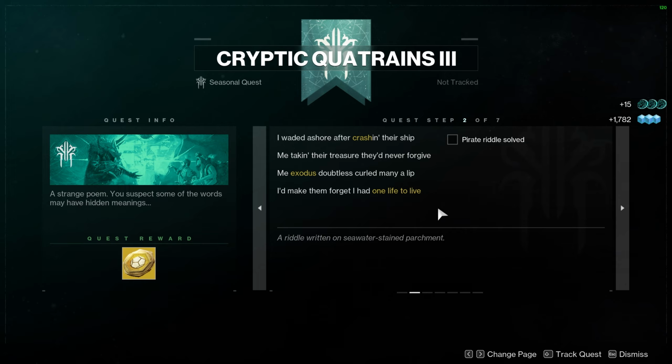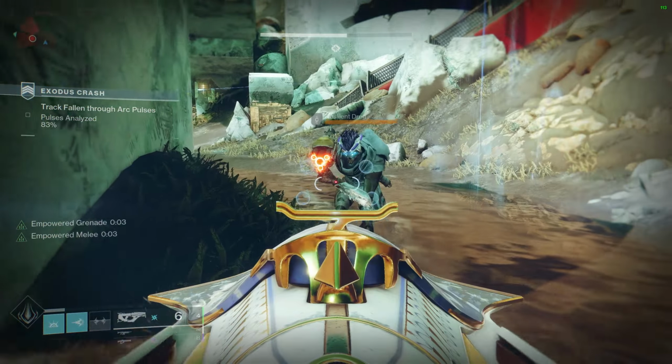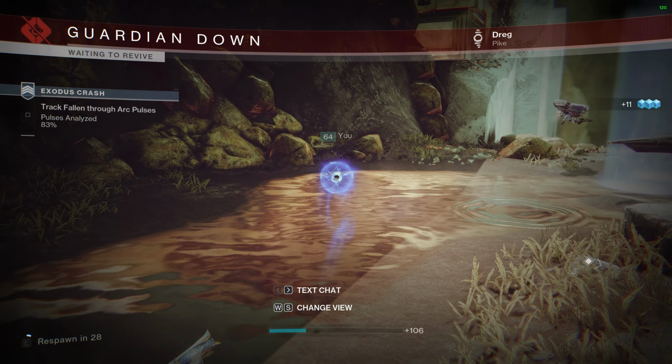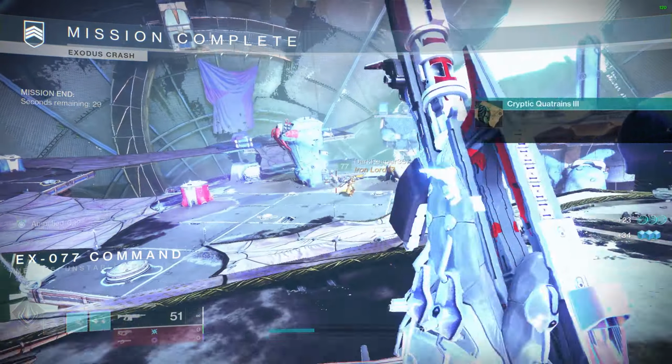So this one is interesting. You have to complete the Exodus Crash strike, but you can't die doing it. So don't do what I did here and get run over by a drag on a pike. You'll actually want to get through the strike without dying. So do whatever you need to do to stay alive. As long as you didn't die, once the boss is defeated, you'll be on to the next step that says